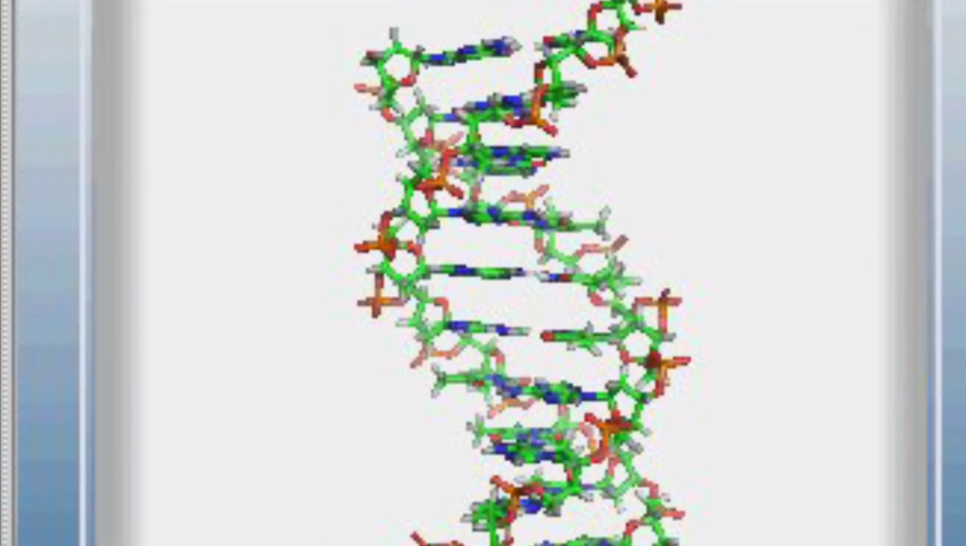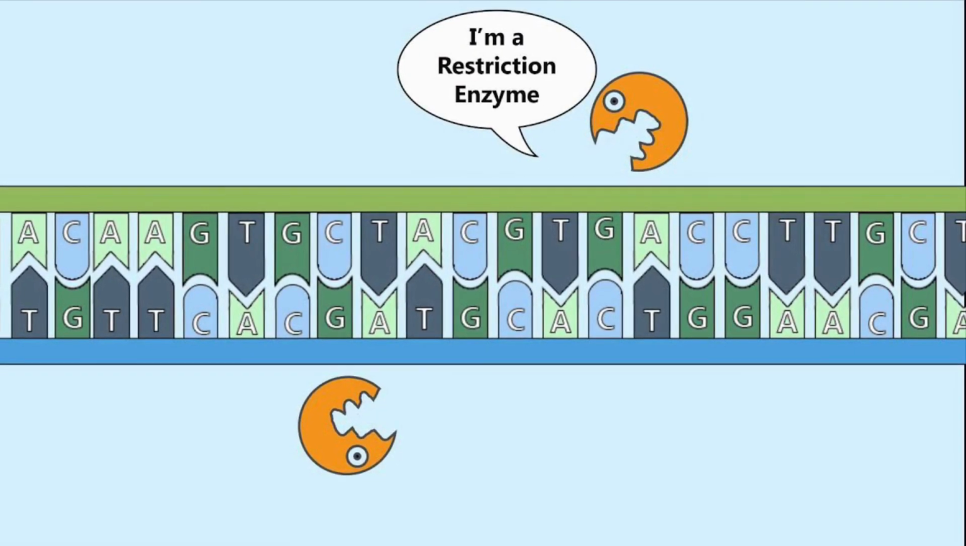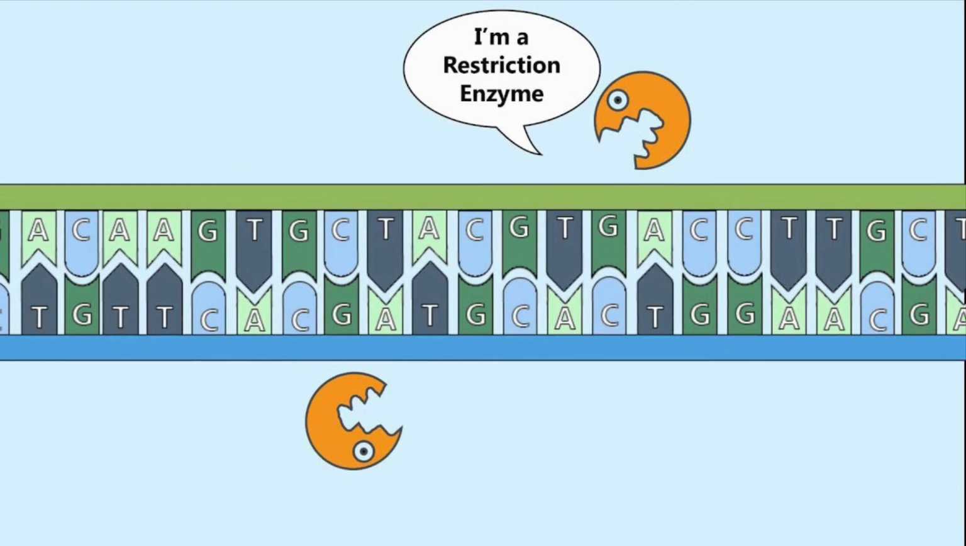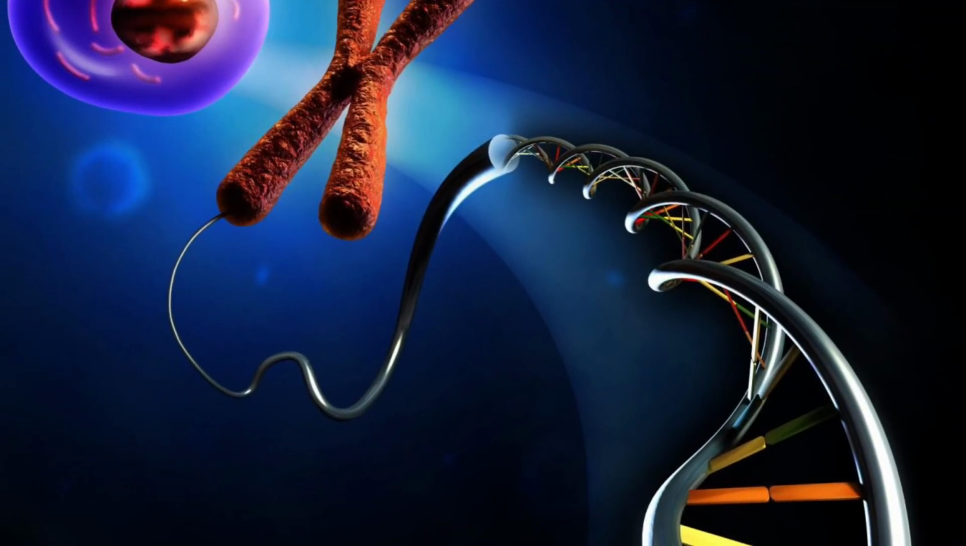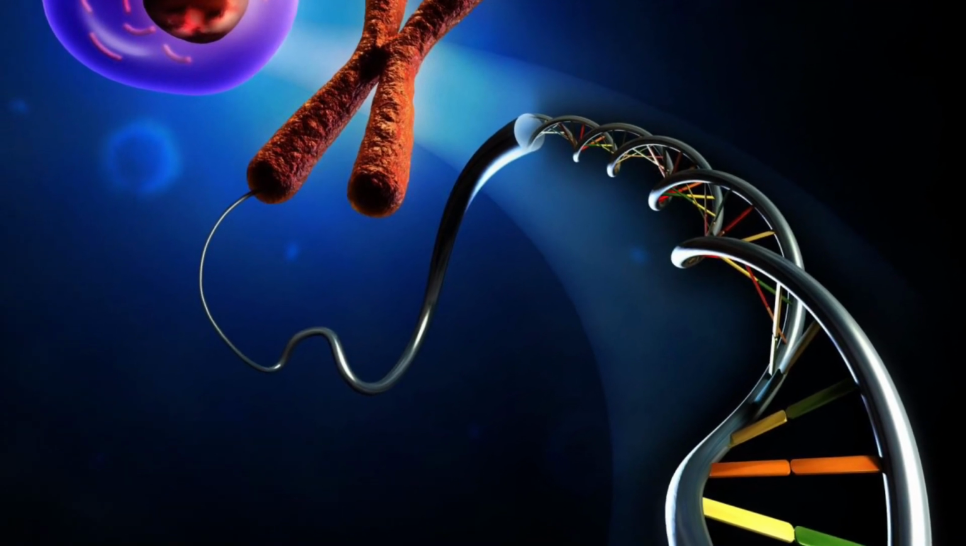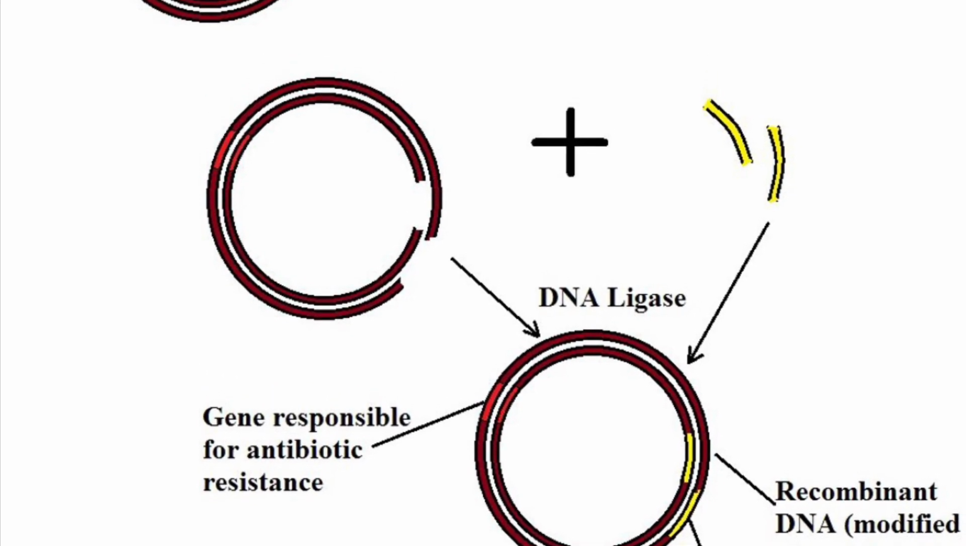Herbert Boyer of the University of California in San Francisco and Stanley Cohen of Stanford University were the first to produce recombinant DNA in a living organism in 1973, using E. coli restriction enzymes to insert foreign DNA into